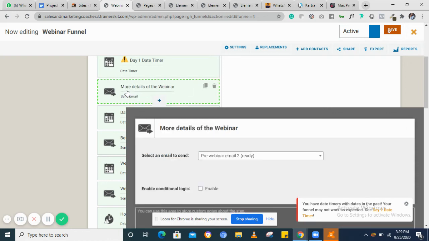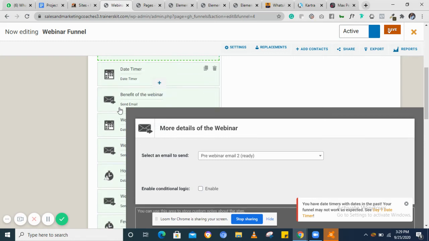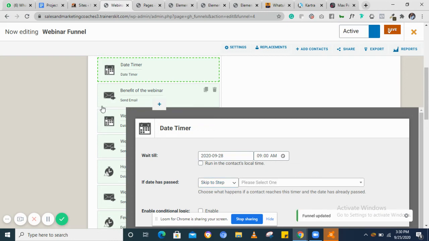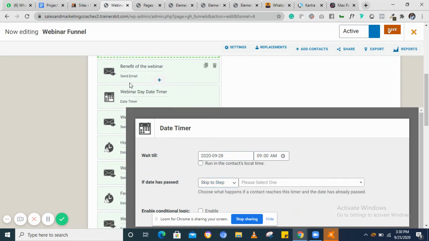So here we have the second step with your email. You can set up your email here, then come down to this place. We have the date timer, then set the date, the second day of your registration. And then ask it either to pass through or skip the step in case the date has passed. So you're gonna do that till you get